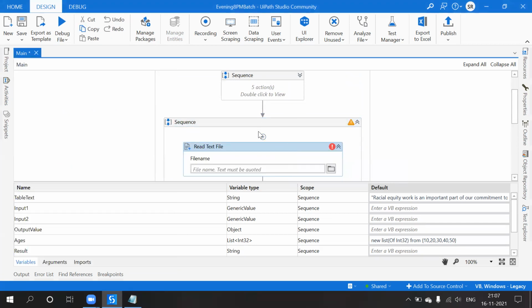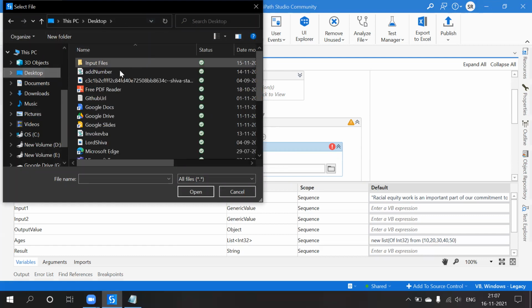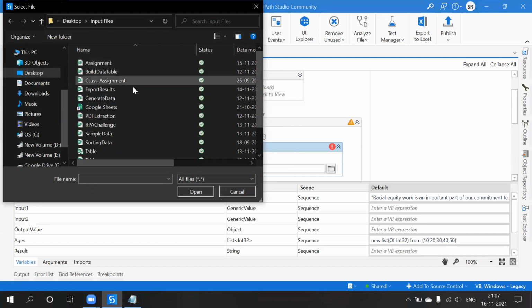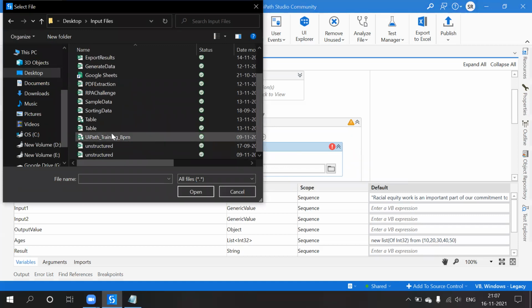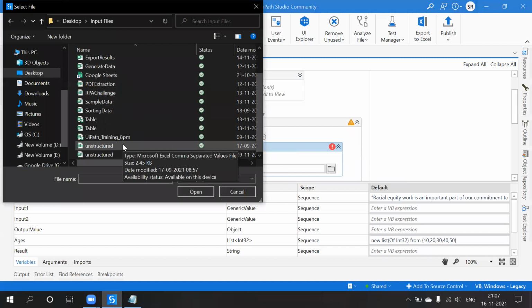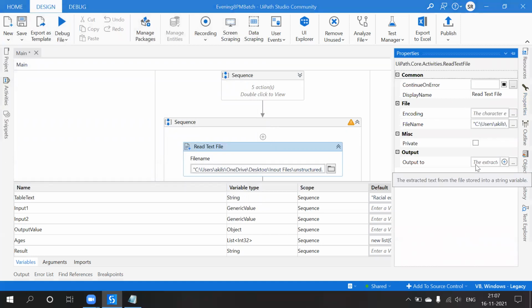Here I want to provide the path. So what is the output of this? It is a Control K output.